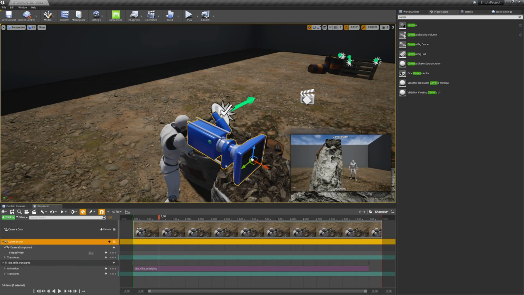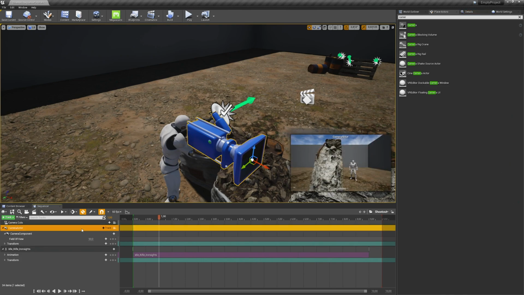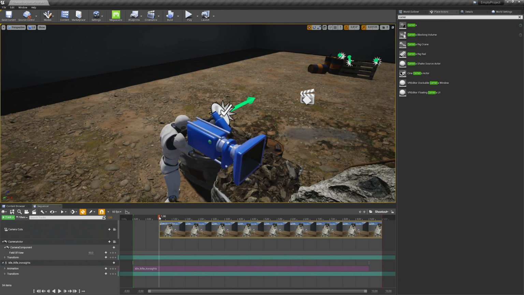I will also delete the camera cut from the previously added camera, and I will change it to our camera actor by clicking on the plus camera at the camera cuts layer, and then under existing binding choose the camera actor, and at the point where your bar is on the timeline, the camera actor will create a shot.